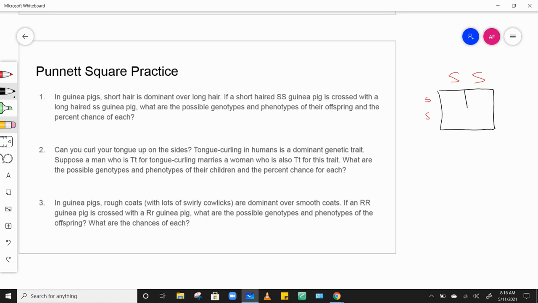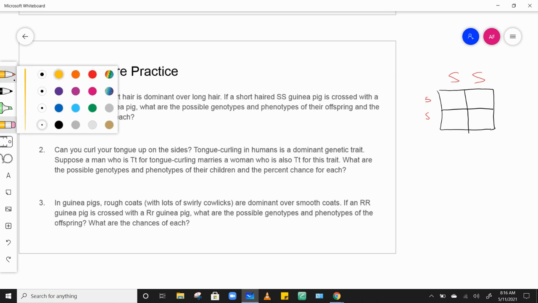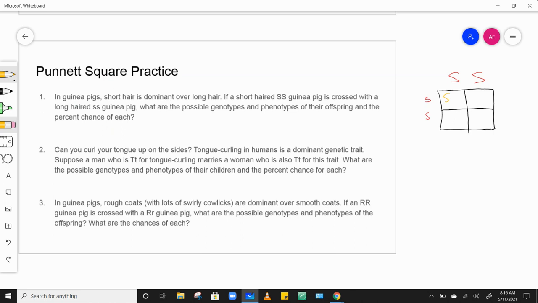So basically, you're just looking at what possible combinations there could be. So we could get a little s and a big S. So S and S. A big S and a little s, same thing here, S and S. I typically just write the big letter first, right? Then S and S, S and S. Okay, so there would be really,